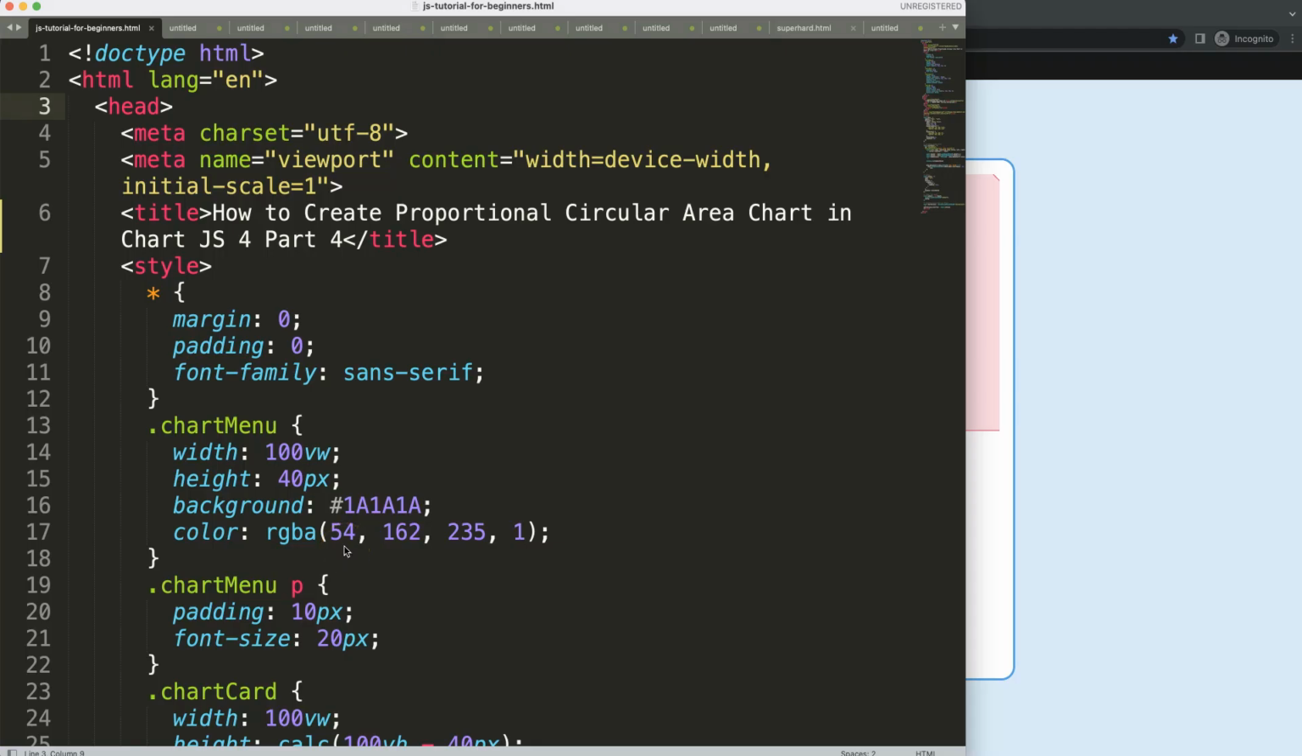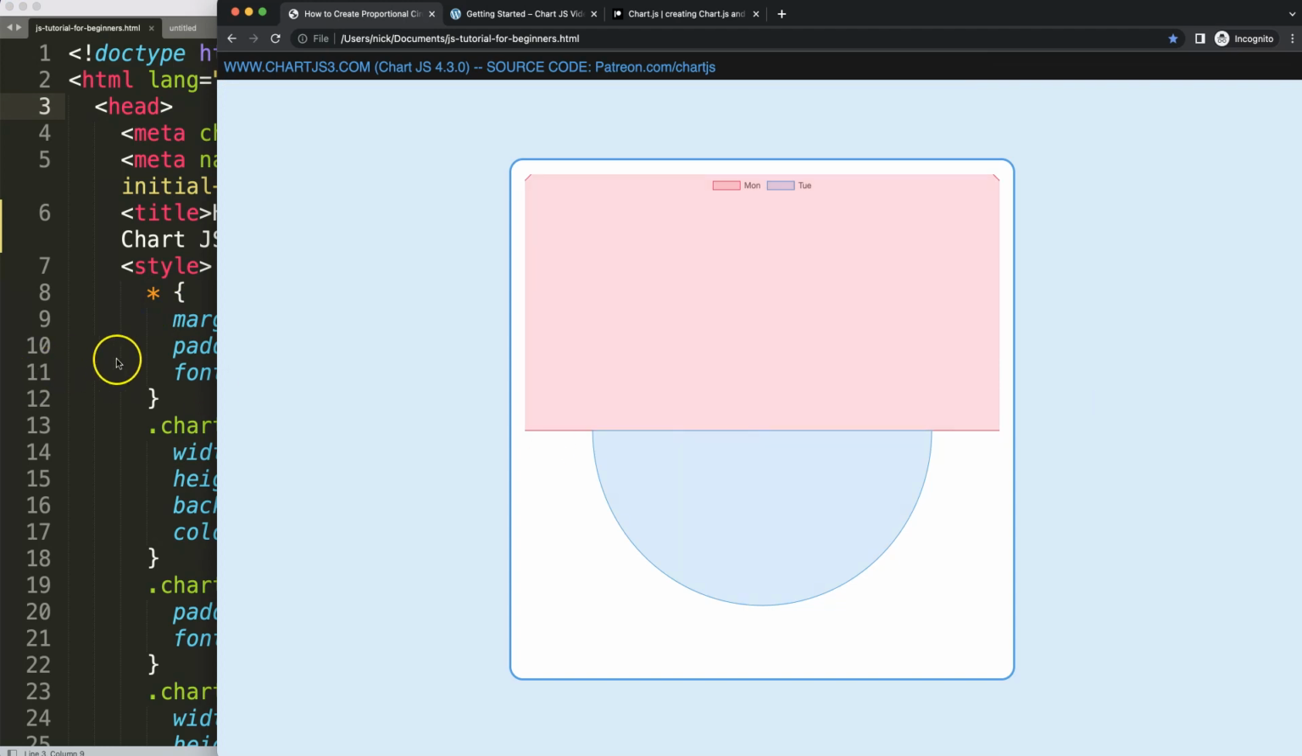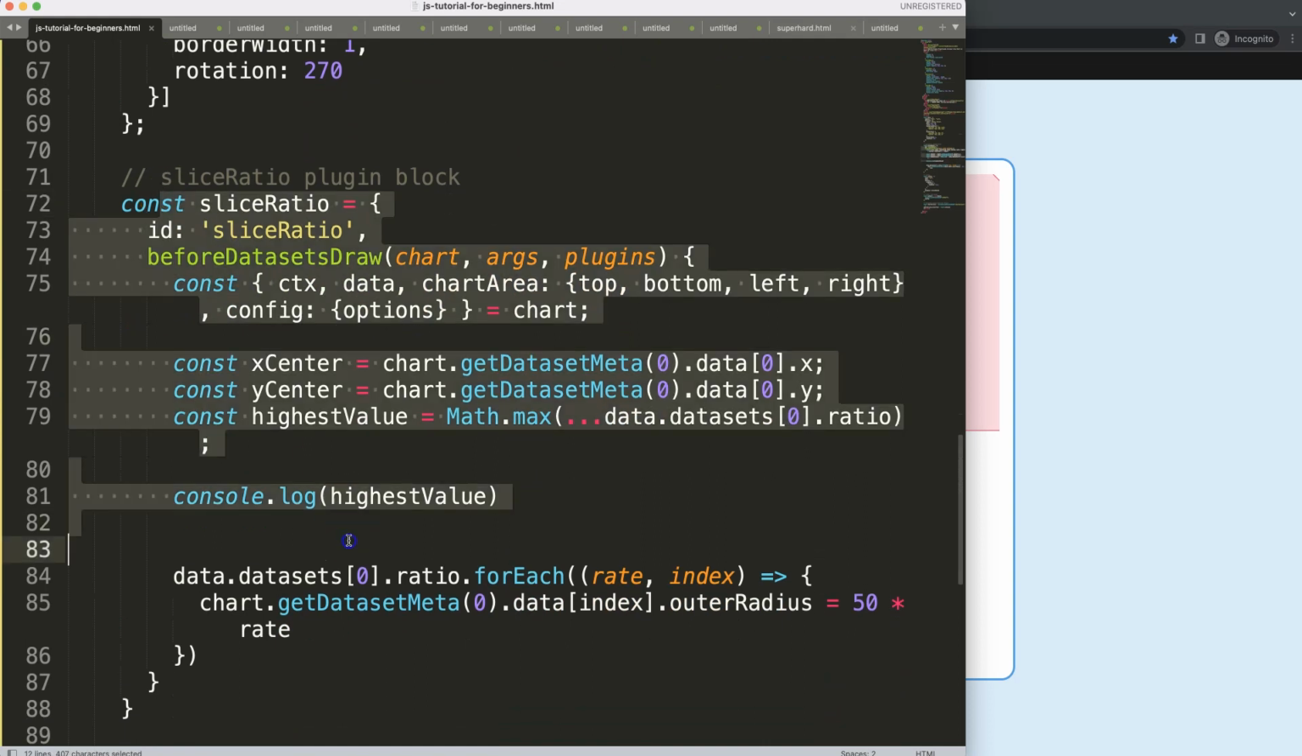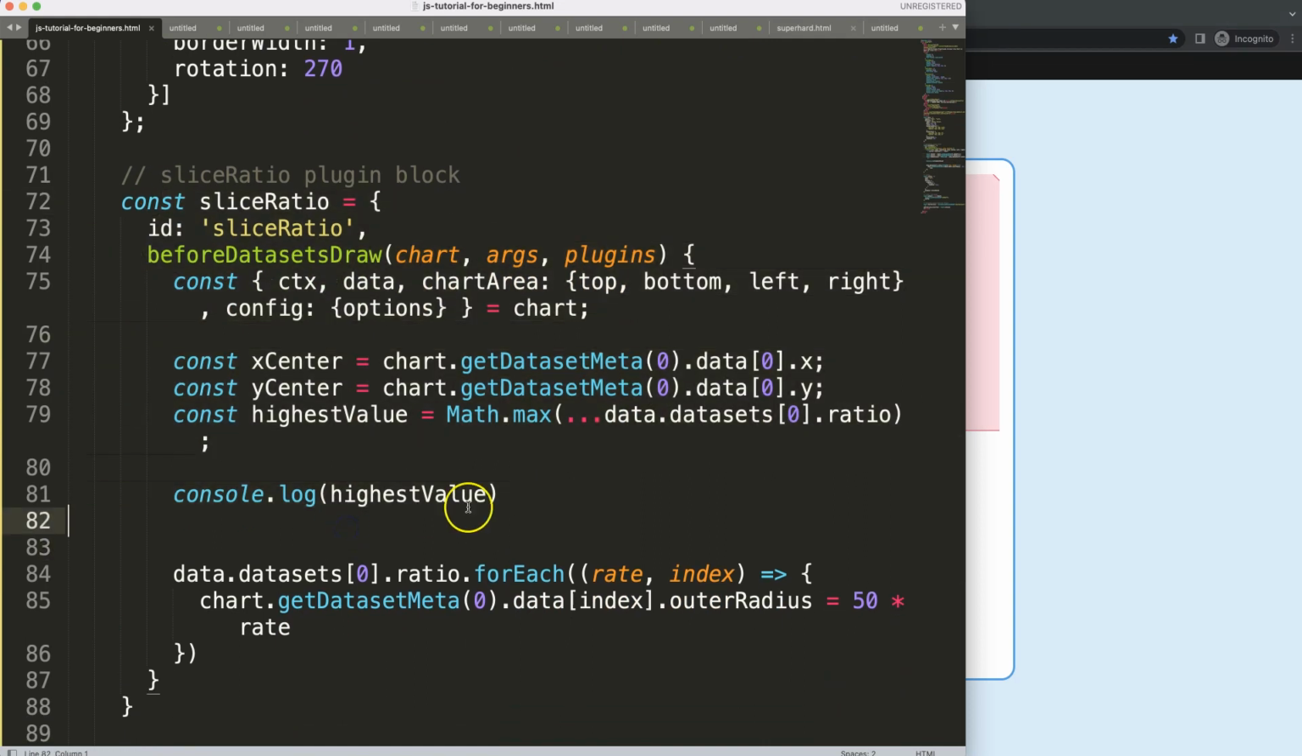So let's continue on, and this is part 4 of how to create a proportional circular area chart. What we're going to do now is make sure that this all works in the proper proportion. So we're going to scroll down again into the slice ratio plugin. We have here the highest value, and this highest value will be very useful because now you can calculate the